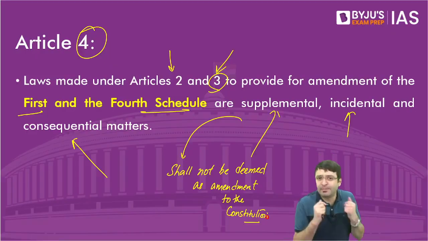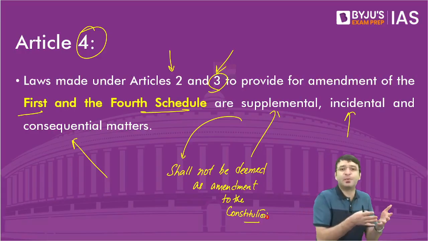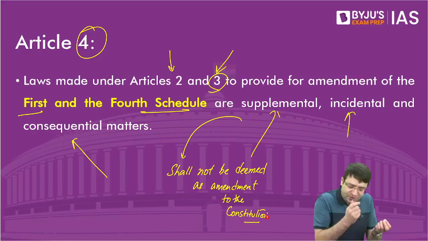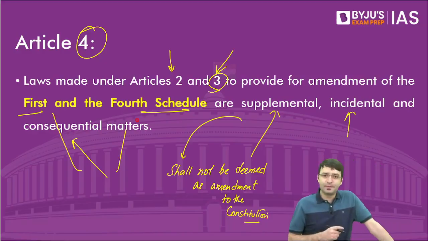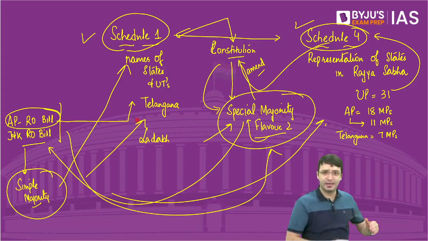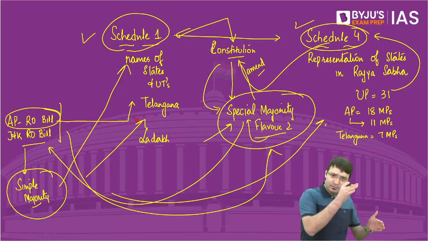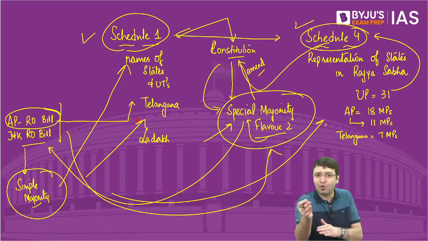When it is not an amendment, that means we don't need special majority. When it is not an amendment, that means we need simple majority to make changes to Schedule 1 and Schedule 4 of the Constitution. But listen to me carefully. I told you about flavor 3 of special majority yesterday. What is that flavor 3 of special majority? Majority of more than two-thirds of the members present and voting, plus absolute majority, plus ratification by more than half of the